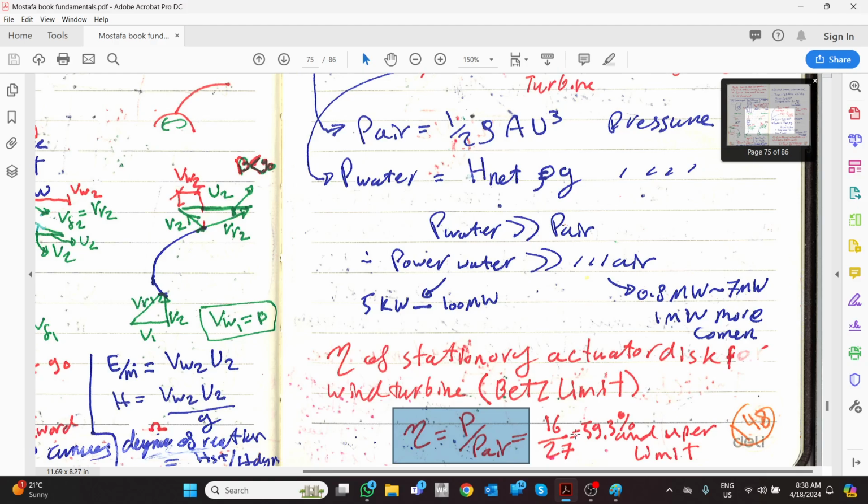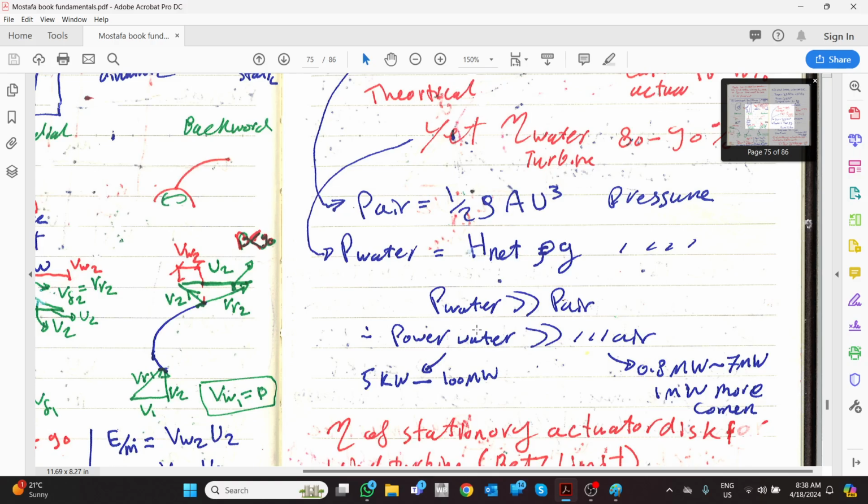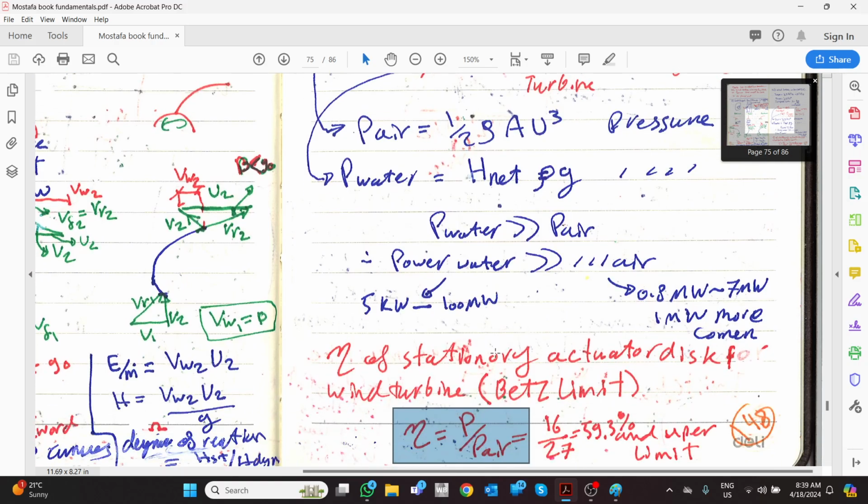And if you increase the exit velocity, yes, you are increasing the mass flow rate and the power, but on the other hand you are decreasing the efficiency of extracting energy from the kinetic energy. So it is a double-edged sword. He said the maximum efficiency based on this phenomenon is 59.3 after the long derivation,